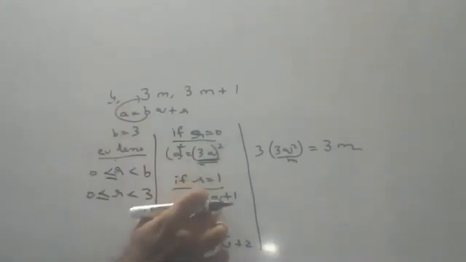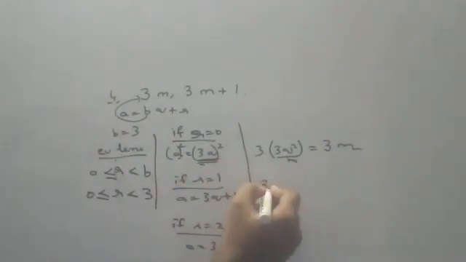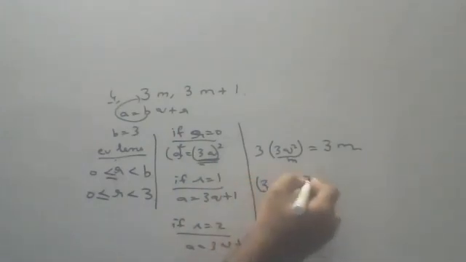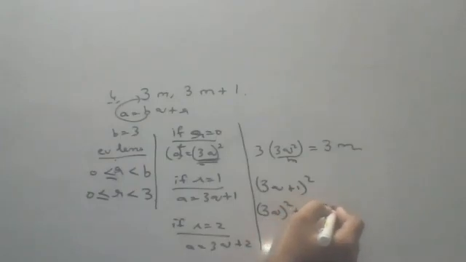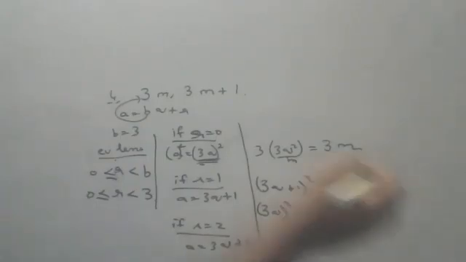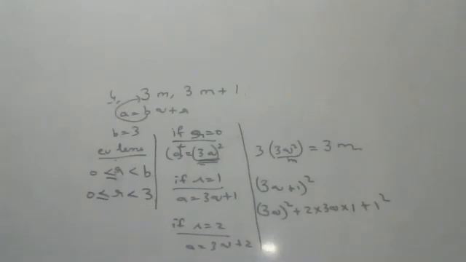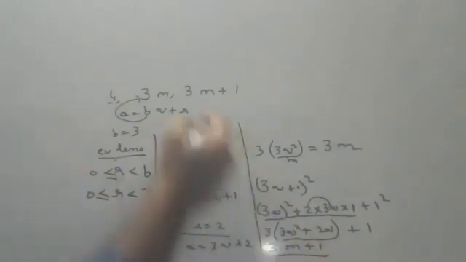One more thing actually, squaring on both sides. (3q plus 1) whole square, a square plus 2ab plus b square, please see, children. Now all these things will undergo division by 3. You take 3 common: 3 times (3q square plus 2q) in brackets. The 1 won't go, that's why I kept it outside. This thing I will consider as m. I can write it as 3m plus 1. That's what he asked, no? 3m plus 1.